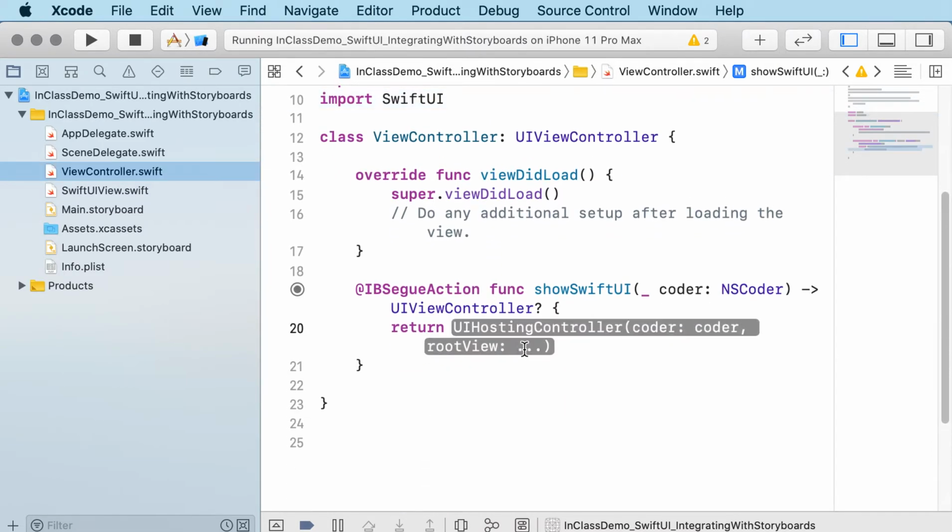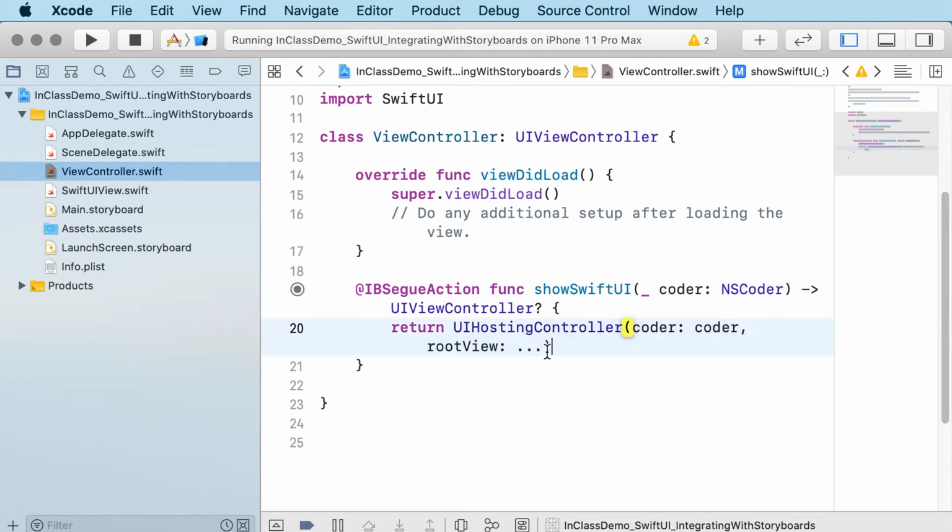and right here where it says root view, it's basically saying which one of those SwiftUI views, of infinite possibilities you could have, do you want to show? I'm going to say, I don't want to show the other one. I want to show this one. And this is the important thing. I can't just give it a name. I have to give it its function so that it'll run it. And so now when I run this,